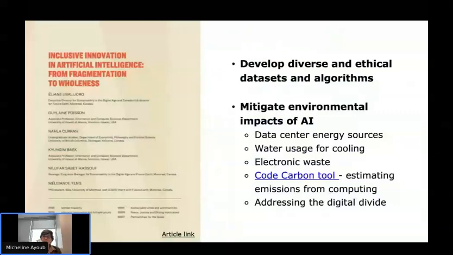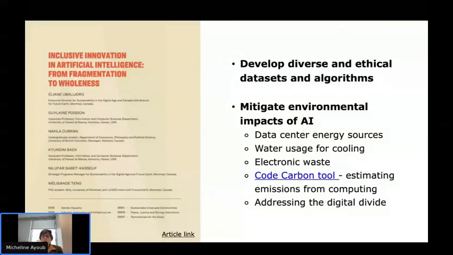And last but not least, in all this, we do not forget to work also on the other side of the coin: how digital tools have to be themselves sustainable and ethical. I'm not going to delve into the ethical topics here because Brian talked about them before me, and my colleagues from IDRC as well. But we also like to remind people that we need to mitigate the environmental impacts of